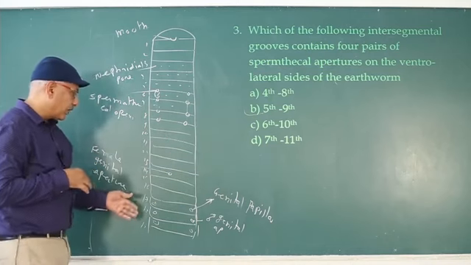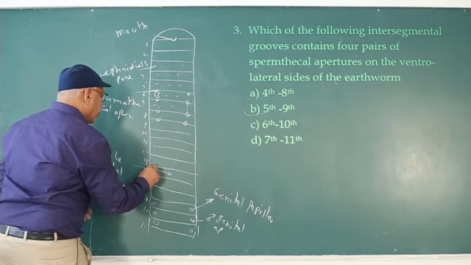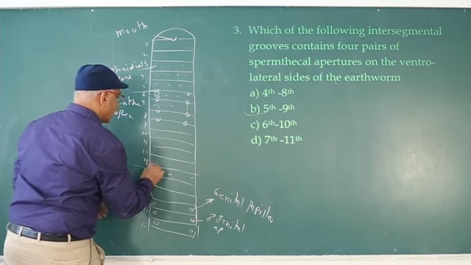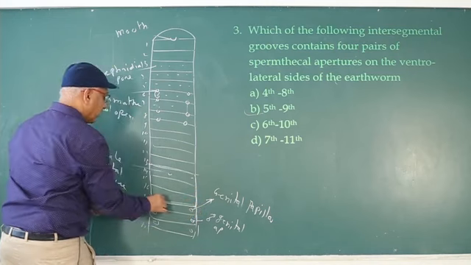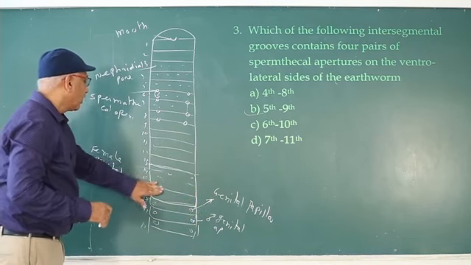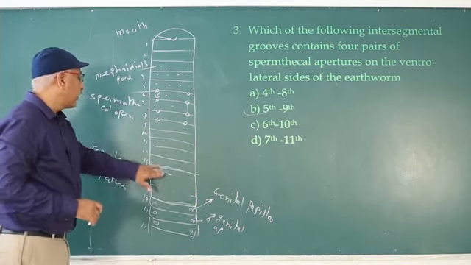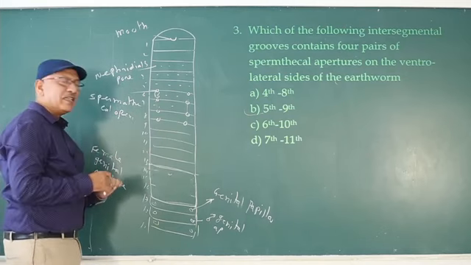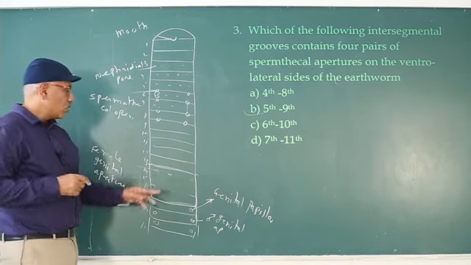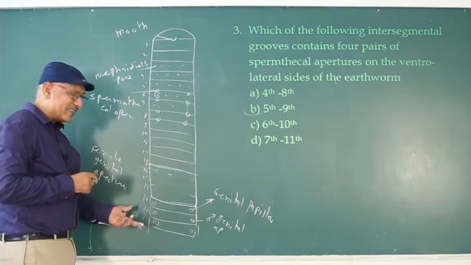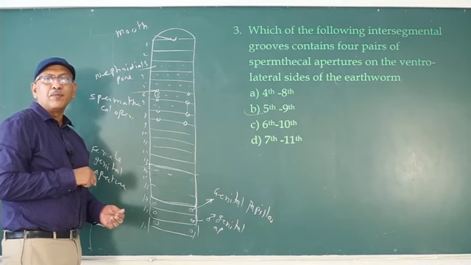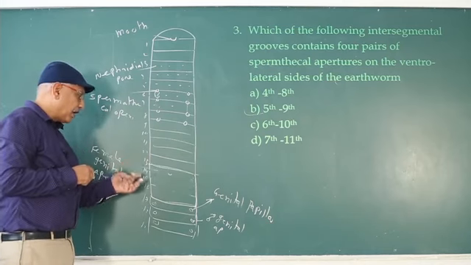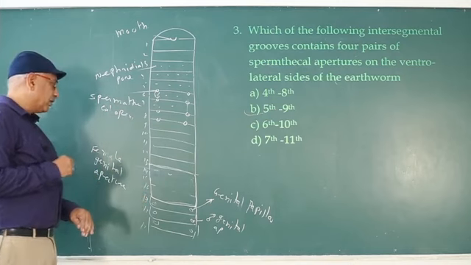On the ventral surface, just behind the clitellum, you already know the 14th, 15th, and 16th segments. These three segments are covered by the secretion of glands, which form a thick layer. So externally 14, 15, 16 appear as a single segment. That is known as the clitellum. In Pheretima, the clitellum is present from 14 to 16.